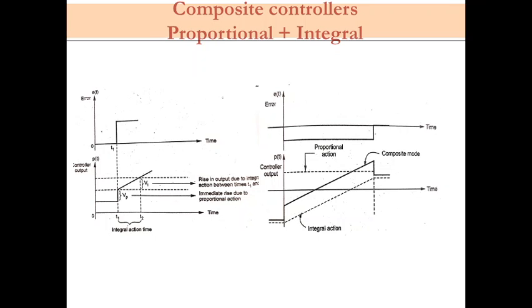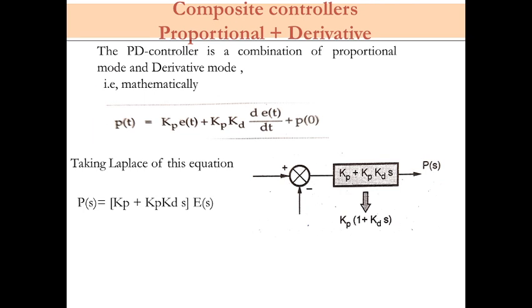Then if you take some of the applications, the composite proportional plus integral mode controllers completely remove the offset problems of the proportional mode, as you can see from these two graphs. Okay. So such a mode can be used in systems with frequent or large load changes, but the process must have relatively slow changes in the load to prevent oscillations. The next one is proportional plus derivative, that is the PD controller.